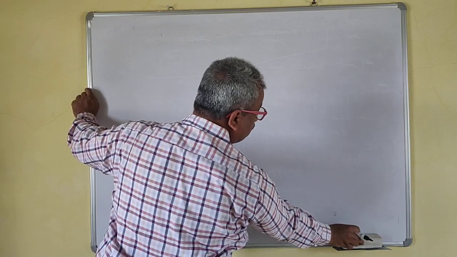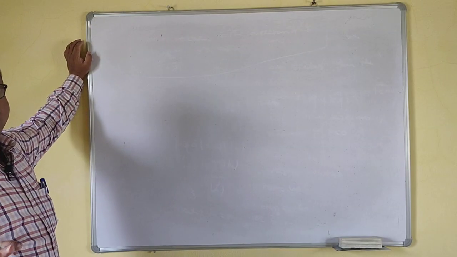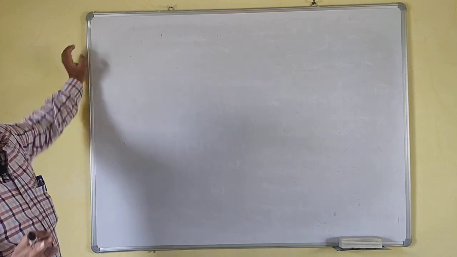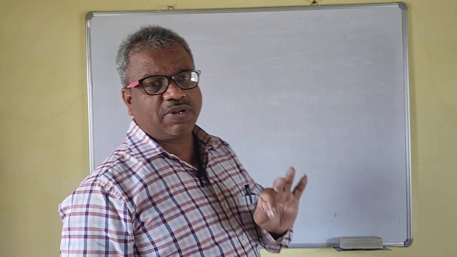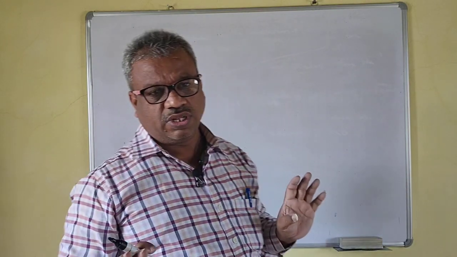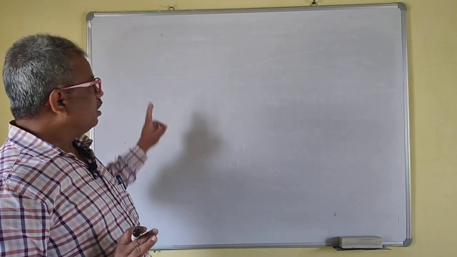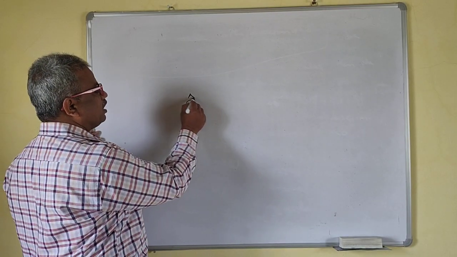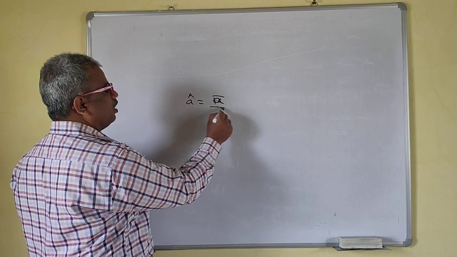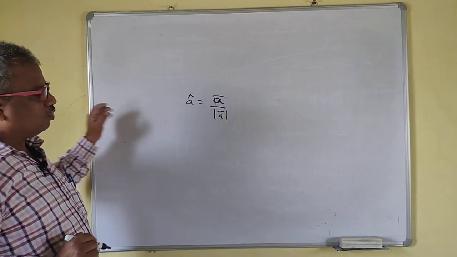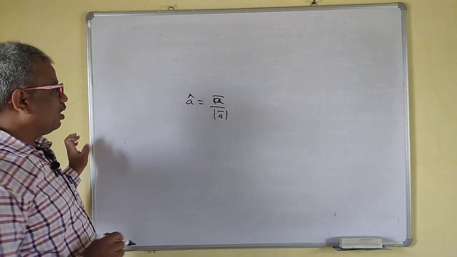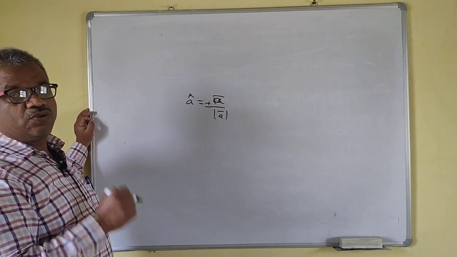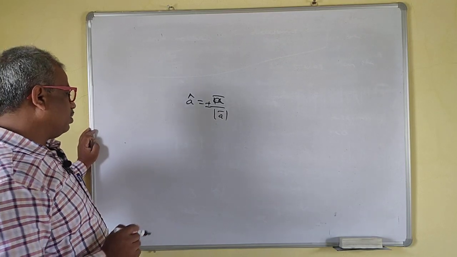Three parts. Which part? Two vectors are collinear, right? What is the scalar multiplication? In the scalar multiplication, which part is important? If one vector is a scalar multiple of another vector, then the vectors are collinear or parallel vectors, right? The second is the unit vector in the direction of a bar. That means a cap is your a bar upon mod of a bar, right? So this is the unit vector in the direction of a bar. And if you want unit vectors in the direction, just write this with plus or minus. These are the unit vectors in the direction of a bar.